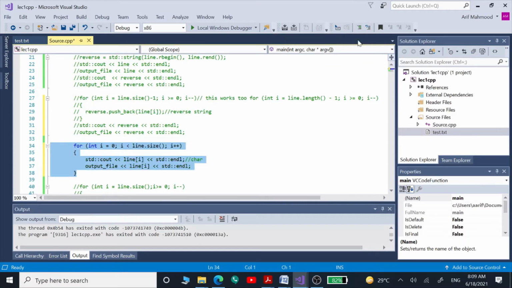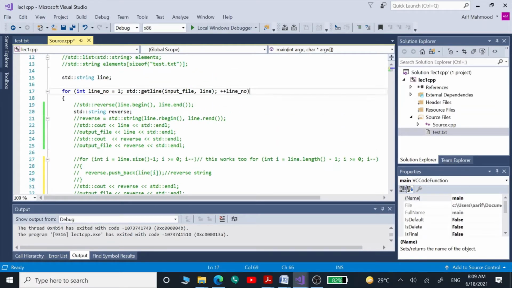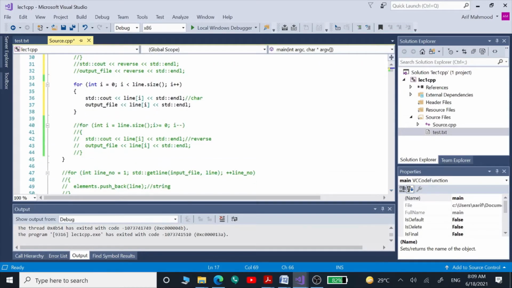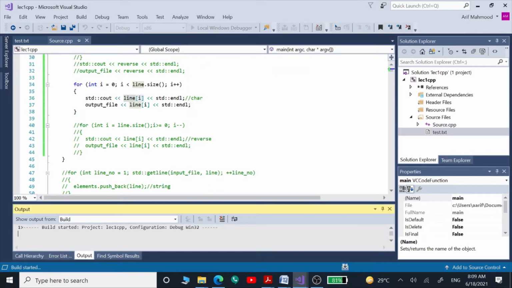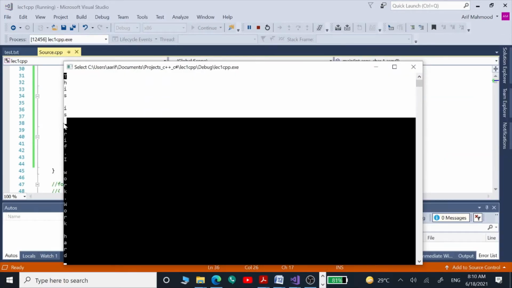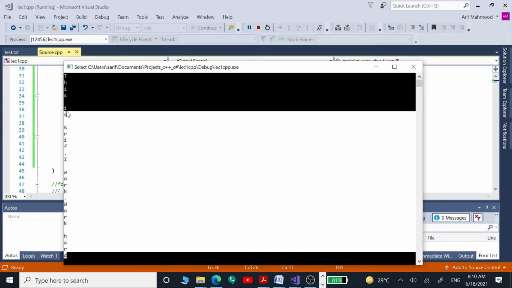So let's first read those characters using this for loop. This for loop is inside this for loop. First we are going to read the lines, which are strings, and then we are going to run a for loop on each line so that we can break those into characters using this variable i. Now let's build and run this program and see how our characters appear in the output in the straight order. So this is the way our characters are in the straight order first. Now we have to reverse their direction from here to here.